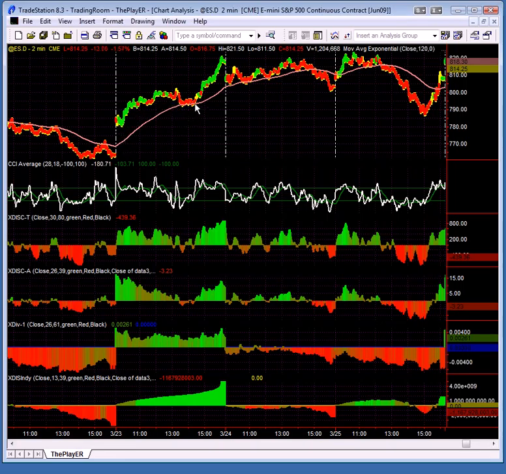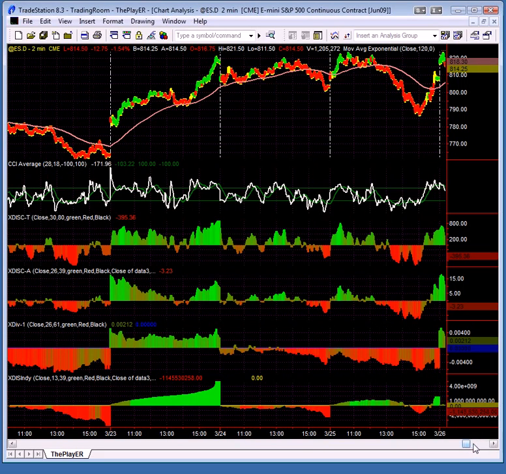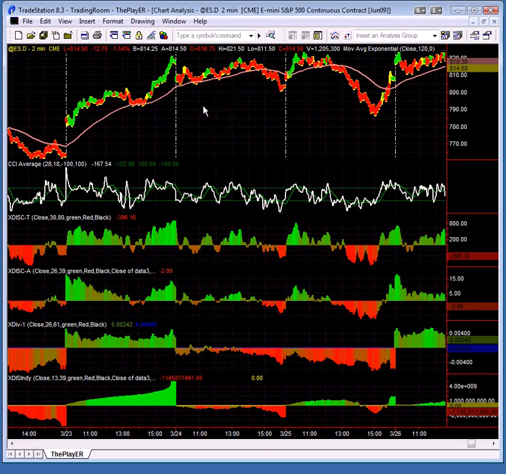We did come down for a great retest of our trend. We'll call it 790 for a blast up to 820 for a nice gain of 30 discretionary points there, based on our discretionary trading of our trading room here. So definitely interesting scenario. The next day wasn't particularly impressive. Definitely wanted to keep everything close to the vest, stay relatively sidelined because we did have a strong divergence here,